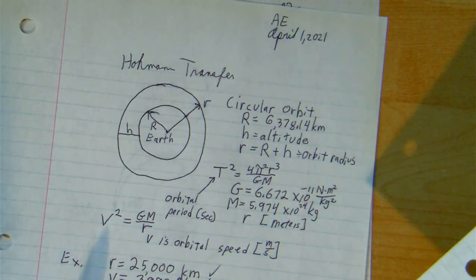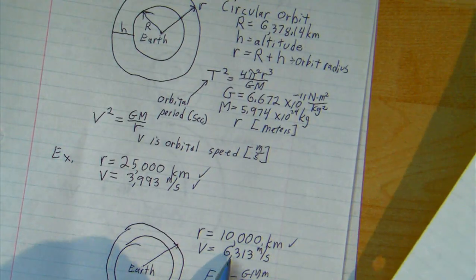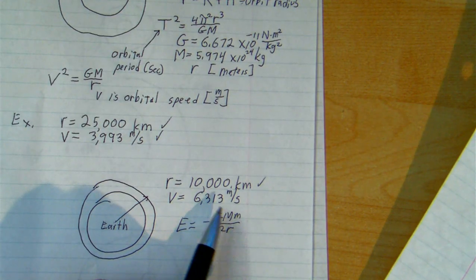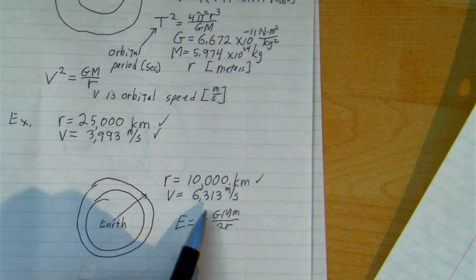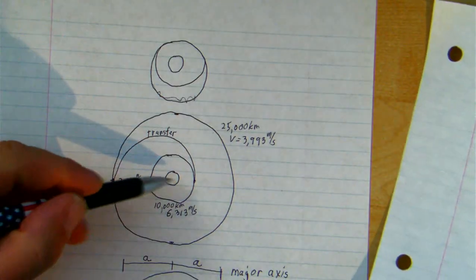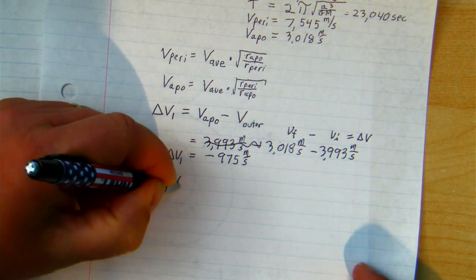But the 10,000 kilometer radius circular orbit is not going that fast. It's only going at 6,313 meters per second. I'm going too fast to stay in this circular orbit around the Earth. I need to slow down. By how much, you ask? Well,